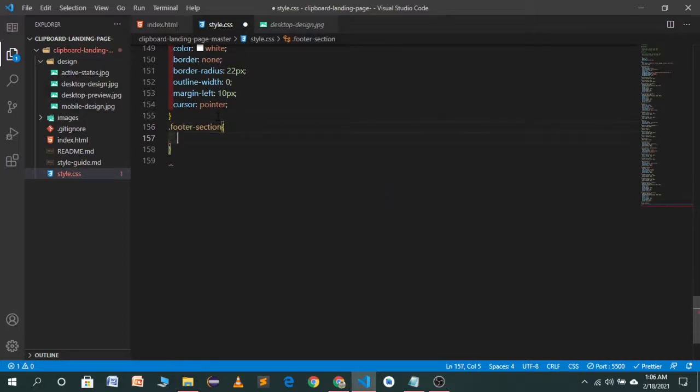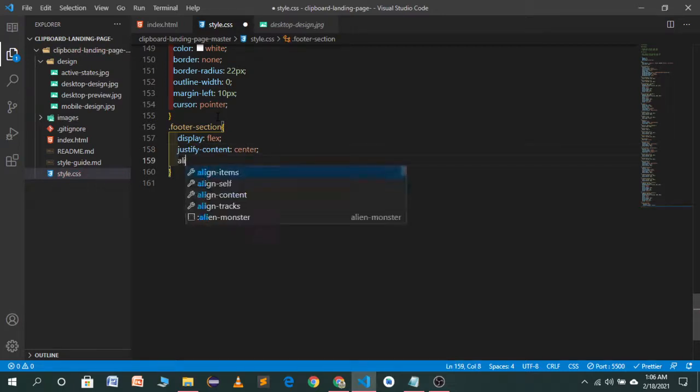Target this container and use display flex, flex direction row, justify content center, and align items center, and let's see how it will change.